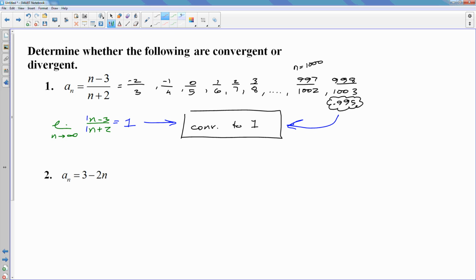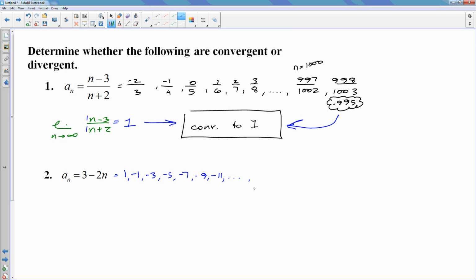Number 2, if you wrote out all the terms, if I plugged in 1 for n, 3 minus 2 times 1 is 1. 3 minus 2 times 2 will be 3 minus 4 is negative 1. 2 times 3 is 6. 3 minus 6 is negative 3. Plug in 4. 3 minus 2 times 4 is 8. 3 minus 8 is negative 5. And I see my pattern. I'm subtracting 2 each time. Negative 9, negative 11. And if I skipped some and plugged in a huge number, if I plugged in something